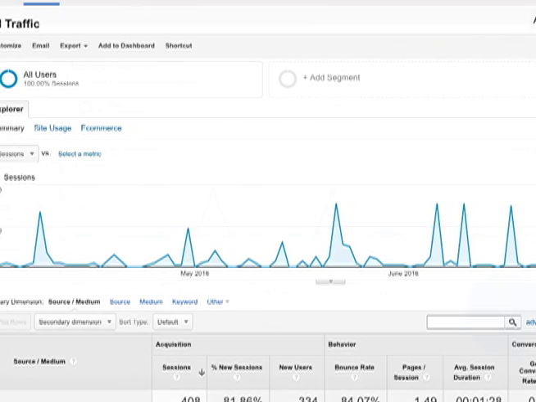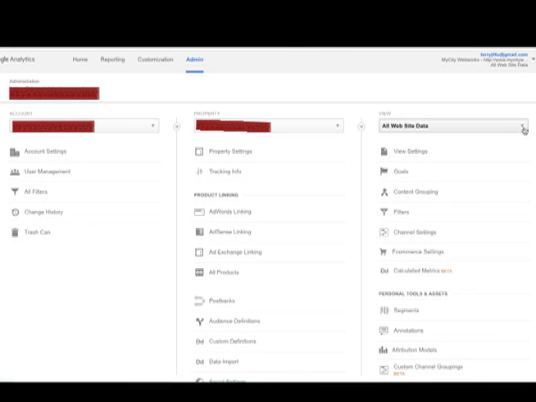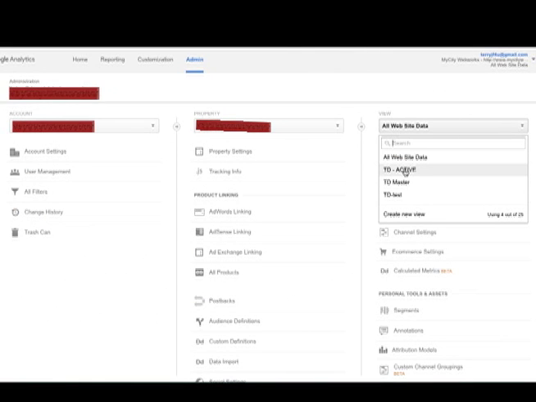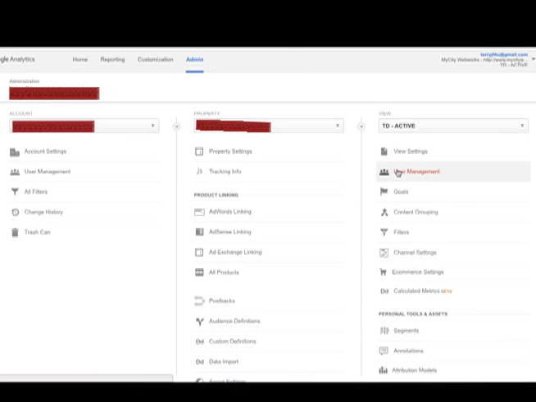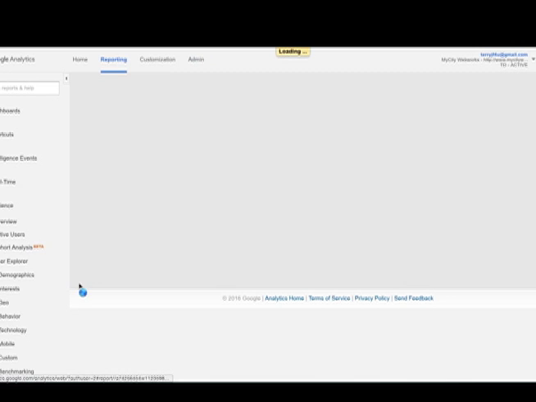I'm going back up here to admin and show you the views that I set up for myself. TD active, TD master should be the same as all website data, no filtering. And TD test is where I start whatever I'm going to do, so I can test it, make sure it works, and then I'll put it into TD active. So now in TD active, if we go back to their data reporting,